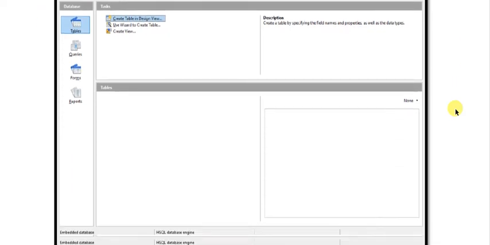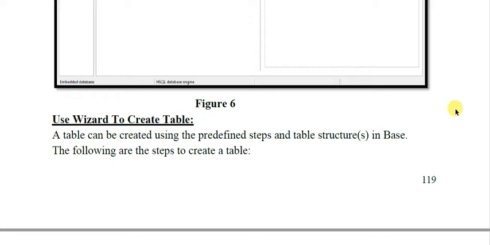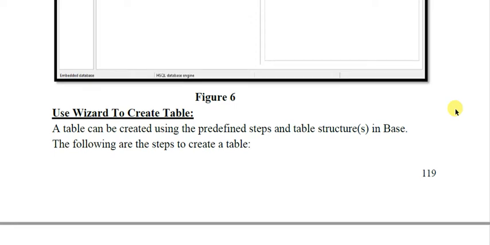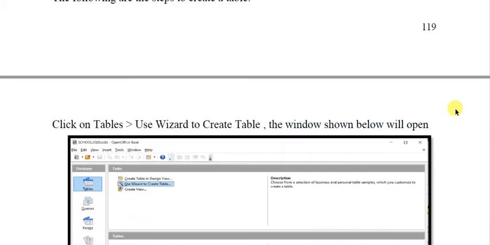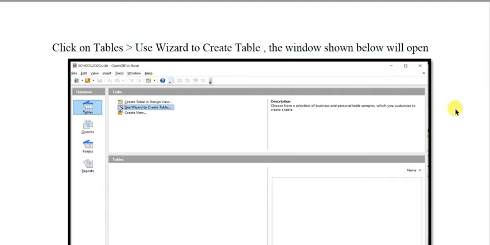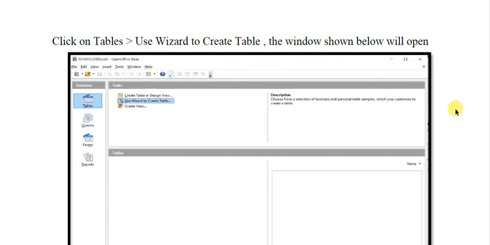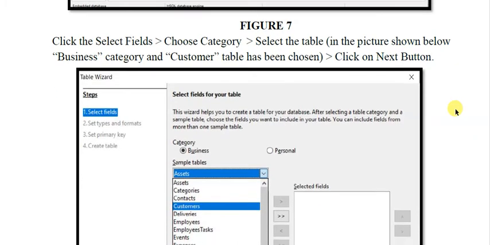Now suppose you select wizard to create tables. So how will it be done? When you click the second option, using wizard to create tables, you will be prompted with this dialog box.